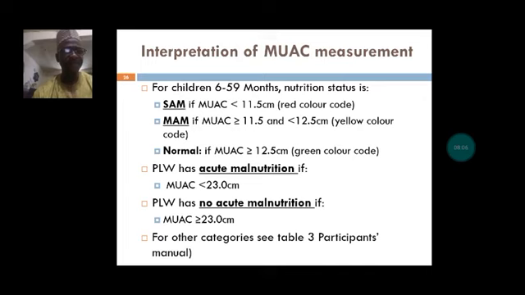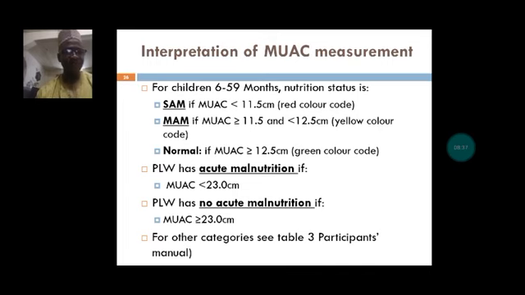For children 6 to 59 months, nutrition status is as follows. SAM, that is severe acute malnutrition: if MUAC is less than 11.5 cm, it is red color. If MUAC is greater than 11.5 and less than 12.5, it is yellow color. It is said to be moderately malnourished and not SAM. And for a normal child, the MUAC is greater than or equal to 12.5 cm, which is the green